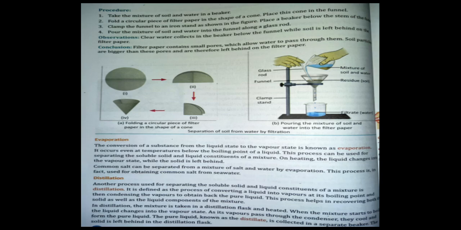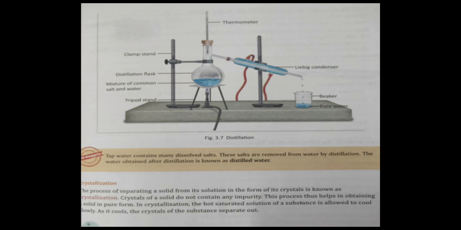Now the last process is distillation. What is distillation? The method of getting a pure liquid from its solution by evaporation and then condensation of the vapor in another container is called distillation. As you can see in the diagram which I have given, there is a round bottom flask which is connected with a delivery tube, and then a Liebig condenser which has two connections, the upper one for water outlet and the lower one for cold water inlet. Okay, and this condenser is connected to the conical flask, or you can say the collecting flask.